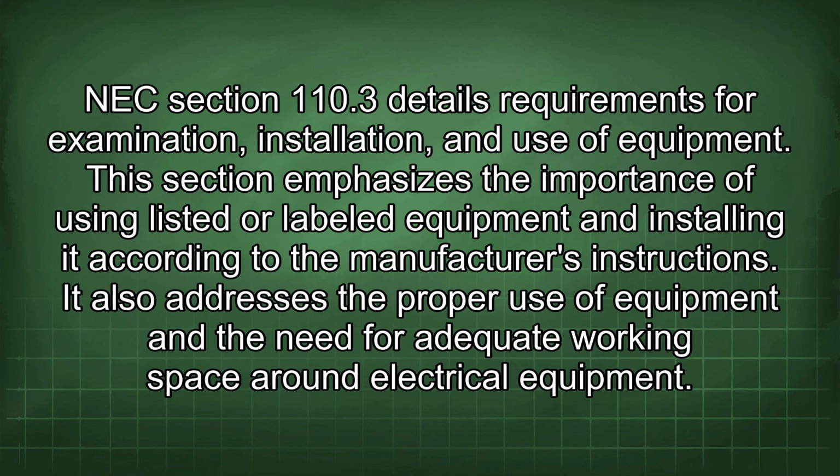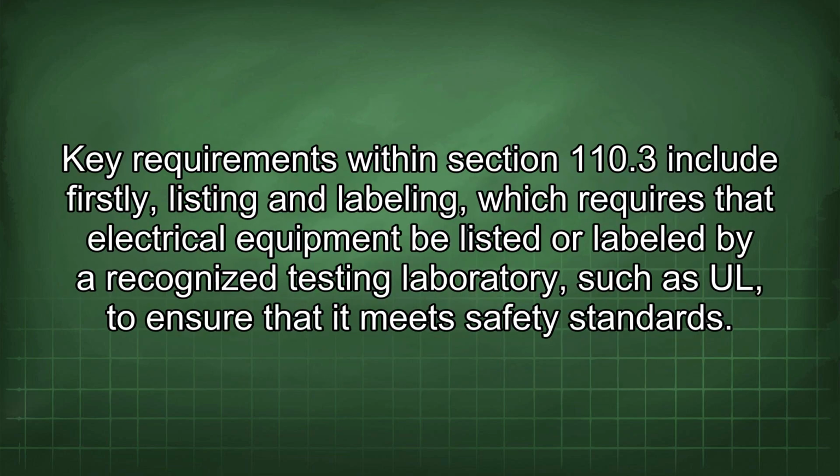NEC Section 110.3 details requirements for examination, installation, and use of equipment. This section emphasizes the importance of using listed or labeled equipment and installing it according to the manufacturer's instructions. It also addresses the proper use of equipment and the need for adequate working space around electrical equipment. Key requirements within Section 110.3 include, firstly, listing and labeling, which requires that electrical equipment be listed or labeled by